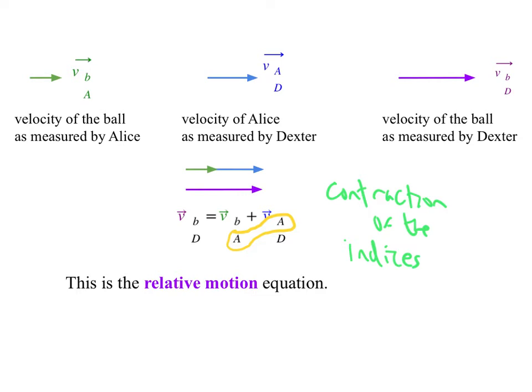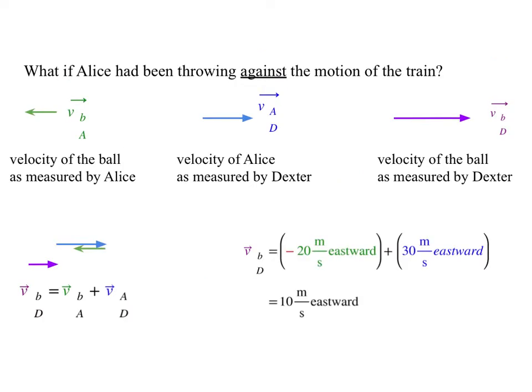I will admit that this is a lot of formalism for what was a really simple problem, but the point is that the equation is going to be true whenever there's relative motion, whether it's in the same direction or opposite direction or a complete angle or whatever. And I want you to have one example where you know the answer intuitively, so you can come back and re-justify to yourself what the equation needs to be to give you the result that you know.